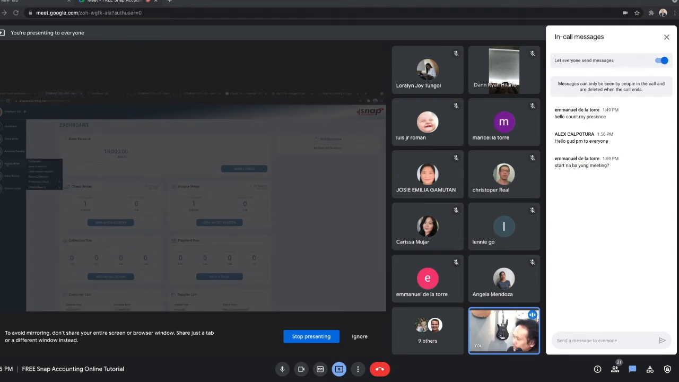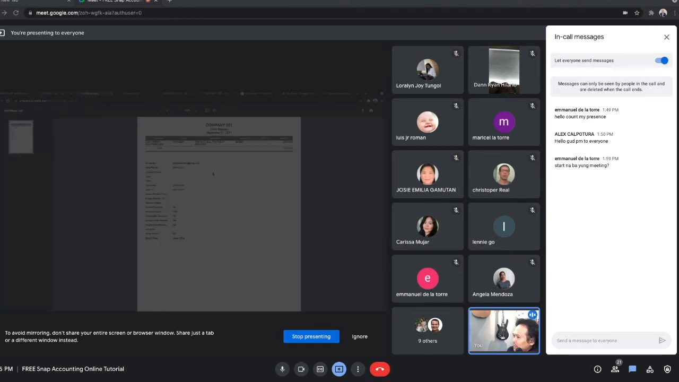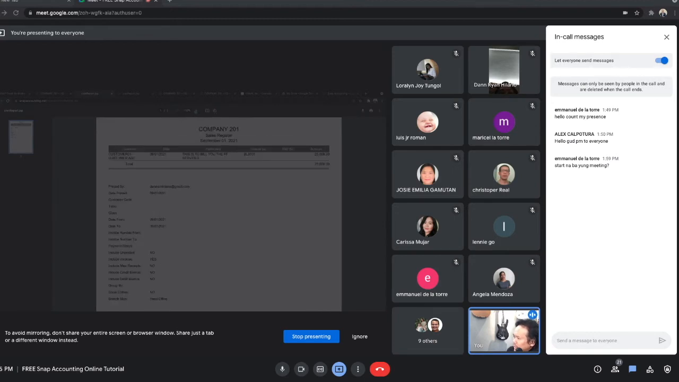Then if you want to see reports, ilan ba yung sales ko today, you just go sales to sales register. And then from here, makikita natin yung actual sales or invoices that we have prepared for a certain day, certain week, certain month. Yan. So automatic na yung gagawin yan. Unlike kung wala kang software kasi, these are prepared